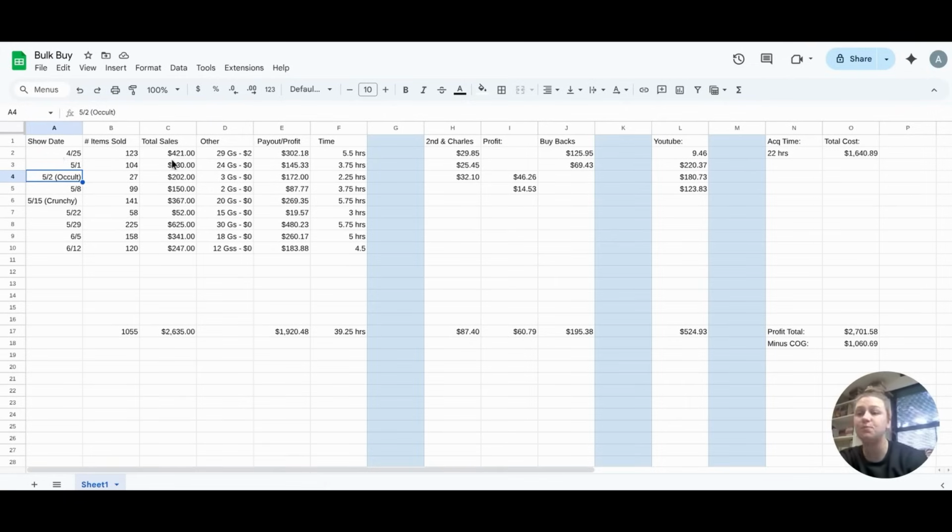We ended up selling a total of 1,055 items, individual items from the Gaylords, and our sales total was $26.35. After all of our fees and any other cost of goods, which as you can see on that very first show was about $2, everything else after that was $0. Our payout / profit from those shows was